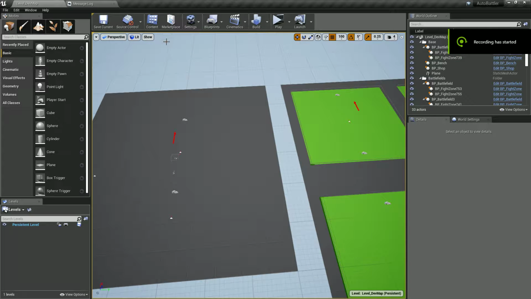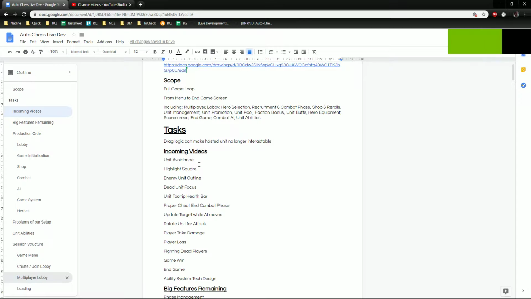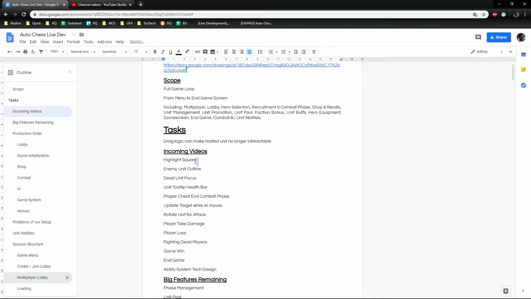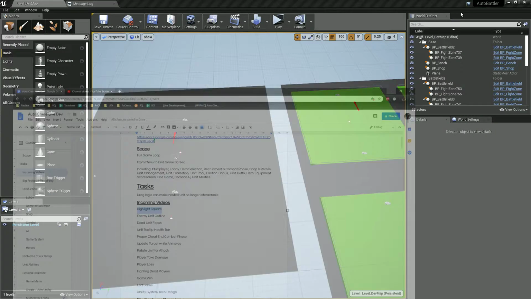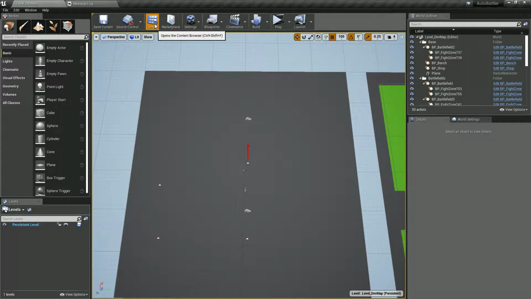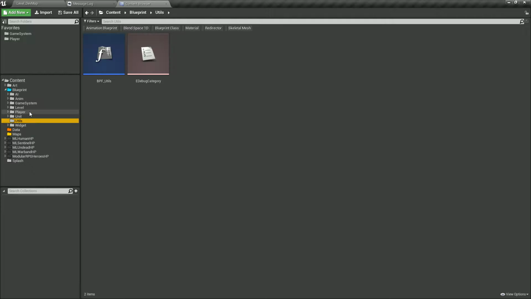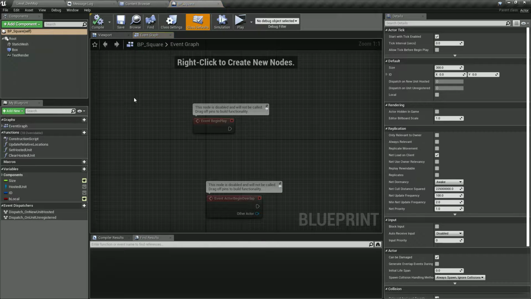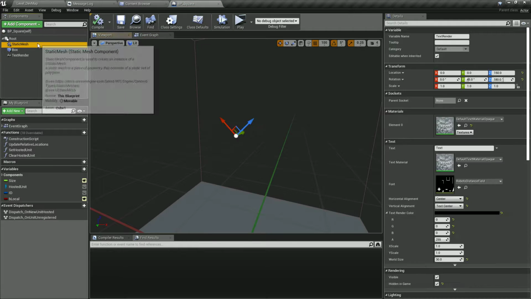Welcome everyone in this new live development video about building an auto battle game. In this video we're going to do something fancy. We're going to do some kind of highlighting regarding the squares, and they're going to be hidden when we're not dragging something. So we're going to head straight into our BP square, and we're going to grab our static mesh